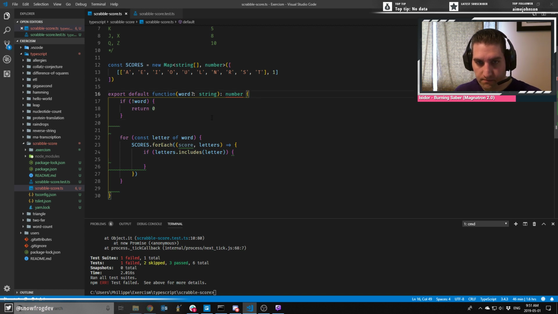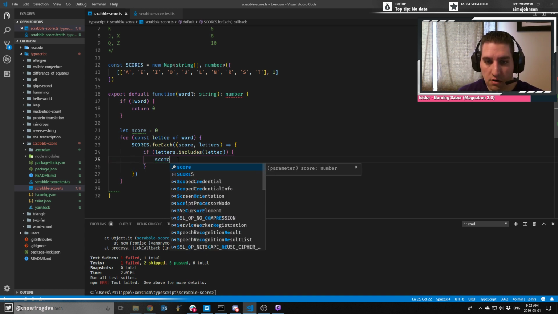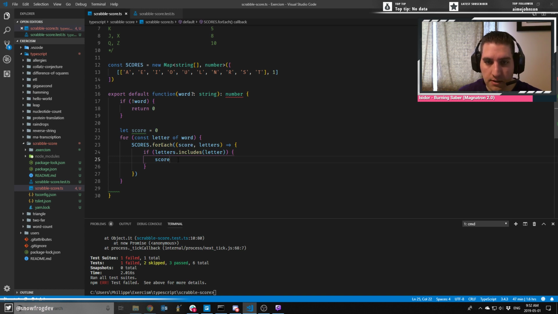Let score equals 0. This goes to, let's see, which is basically incrementing our score. Oh no, it's not just +1, it's the letter score. So if the letters include it, we are incrementing our score by